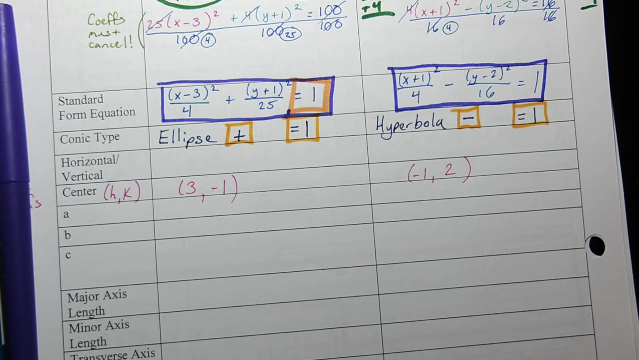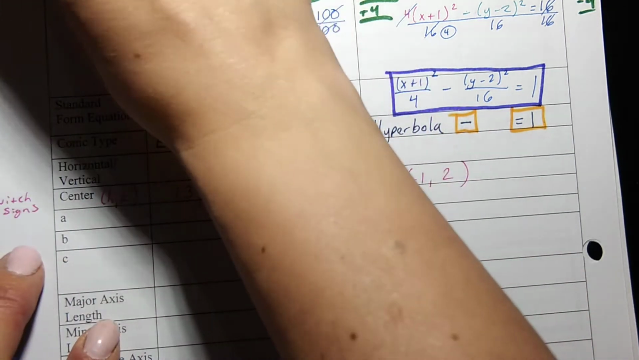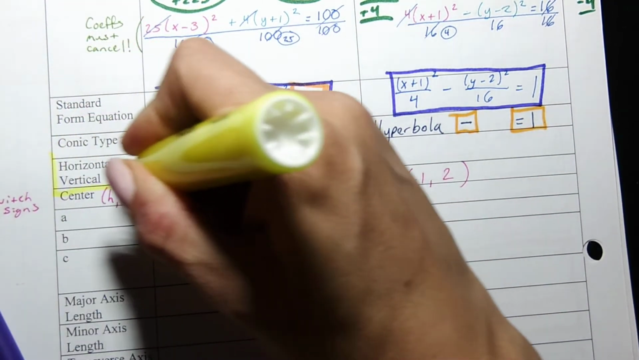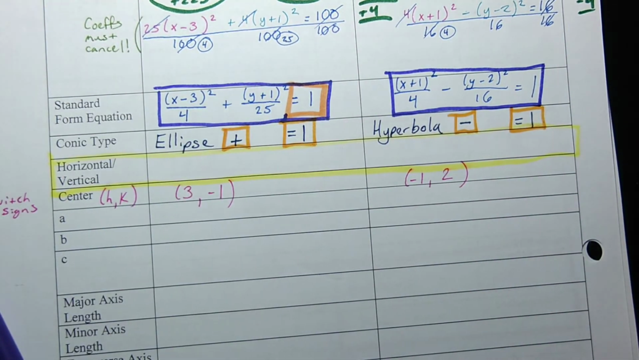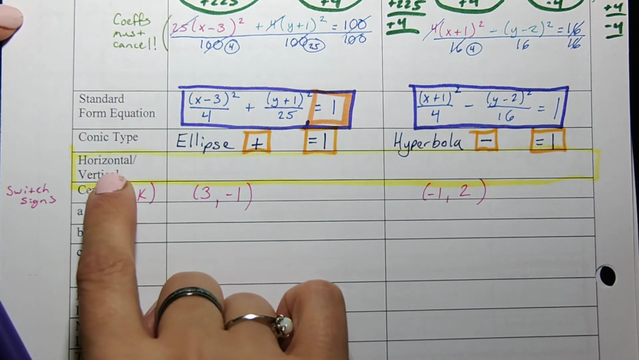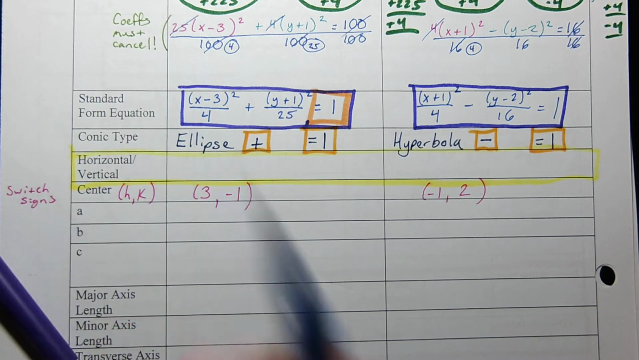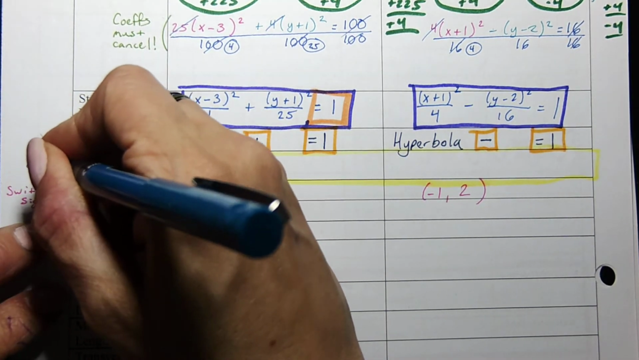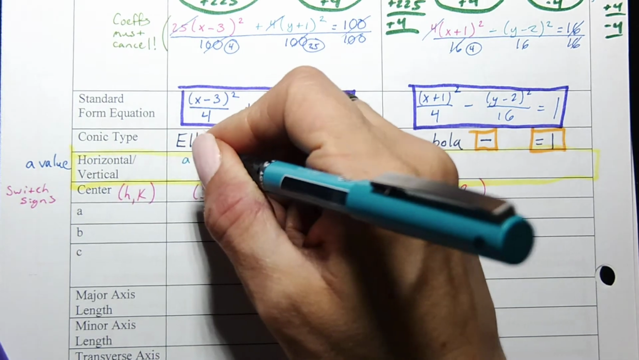So let's go ahead and see if we can determine horizontal or vertical. I would say that this is one of the most important boxes because if you mix up the orientation of the conic section, everything else kind of goes berserk. So knowing how to figure this out is vital for the rest of the problem. So first, we determine our orientation from the a value. For ellipses, a is always,